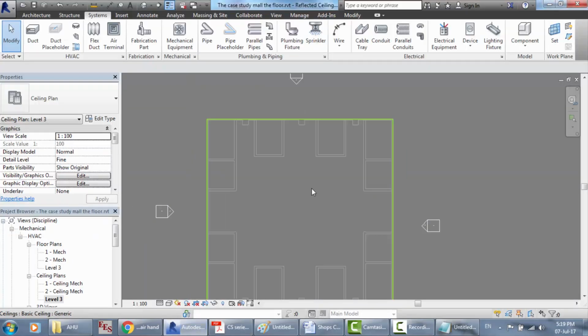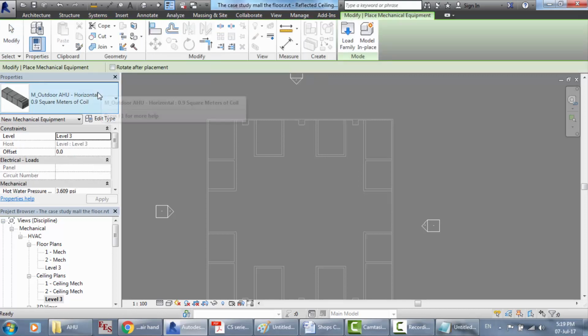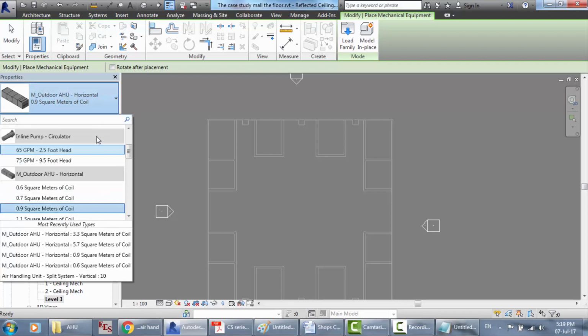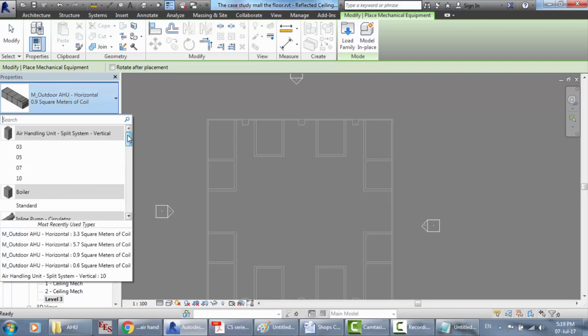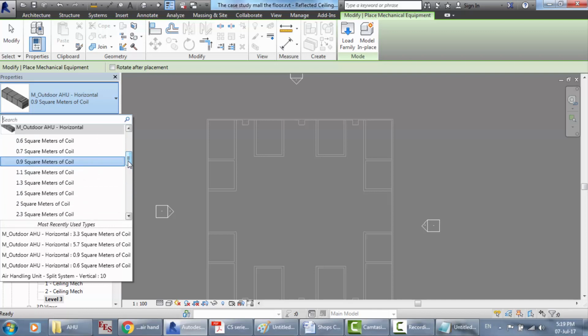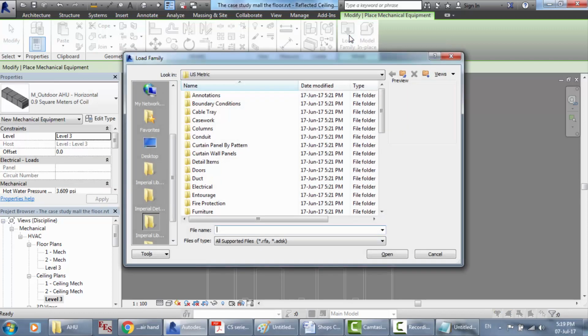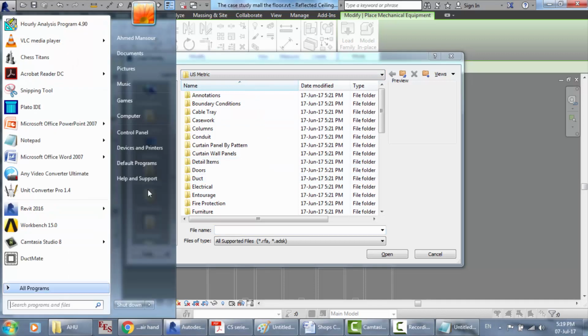So the first thing here, we're going to add mechanical equipment. Click on the mechanical equipment. You will find here the list of the equipment that are added by default. If you do not see what you want, you can click on load family, and you have to know that